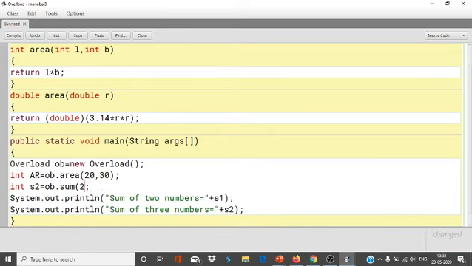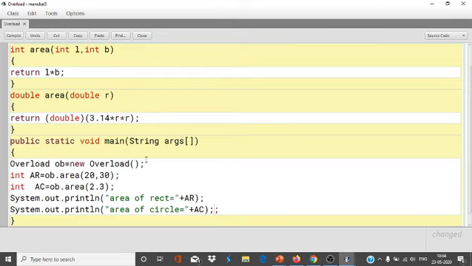Then area of the circle equals ob.area with one parameter that will be double, 2.3. Now print area of rectangle, ar, and area of circle, ac.